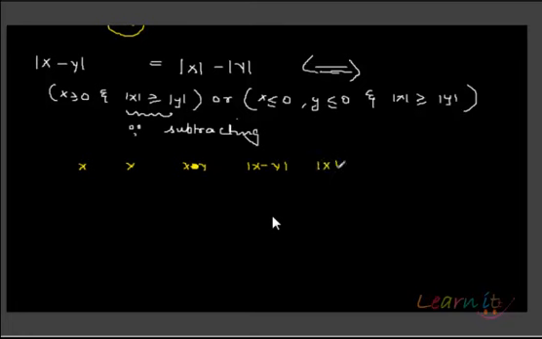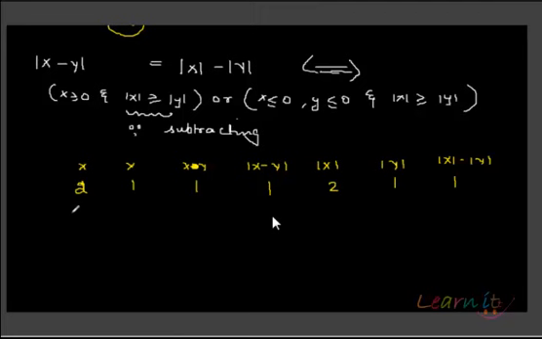Now we can again look at the numbers and try to look at the identity. So let's take the numbers, say, 1, 1 as our x, y. No, actually, we should be taking x bigger. So let's take 2, 1. So the difference is 1, right? Modulus of the difference is also 1. Now modulus of x and y are the same. So modulus x minus modulus y will be same, 1 in both scenarios.